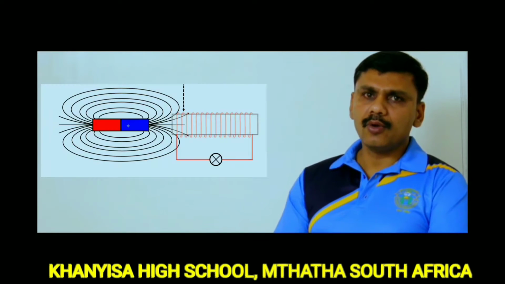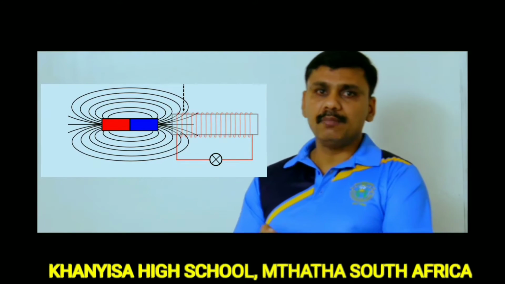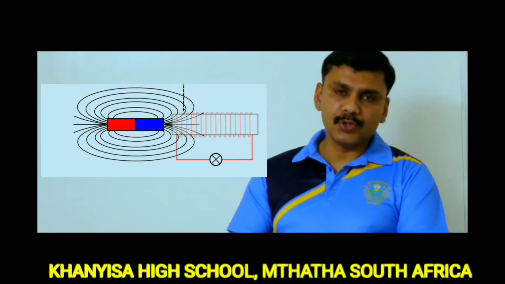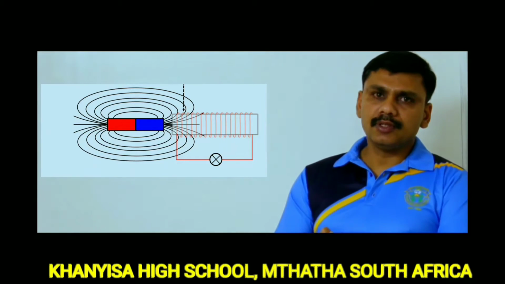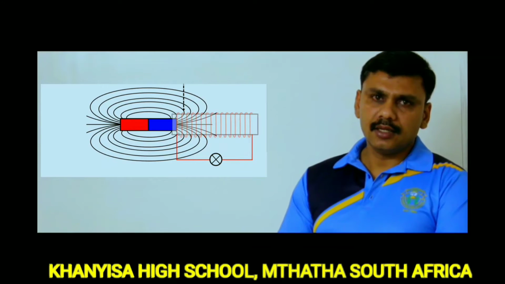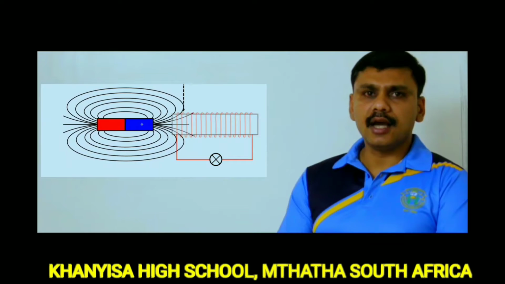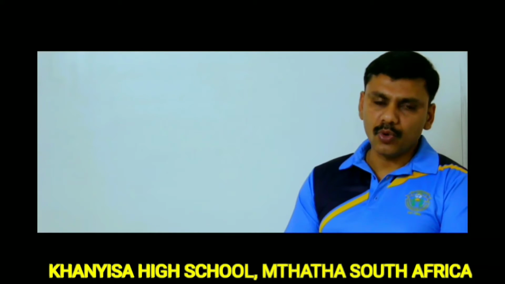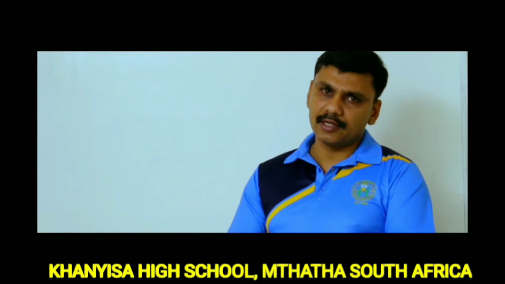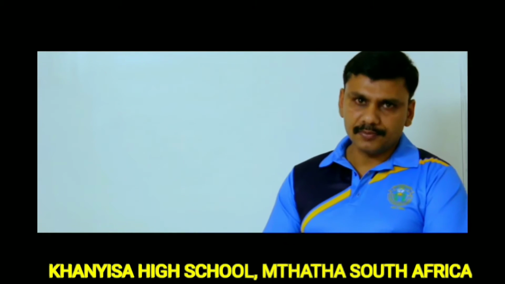When there is a relative motion between magnet and coil, it will produce current or it will produce voltage. If you take a magnet towards the coil, you can see a current production. How can you detect it? Connect a galvanometer to the coil. The galvanometer is a device which detects the presence of current. So when there is a flow of current, the galvanometer will deflect.